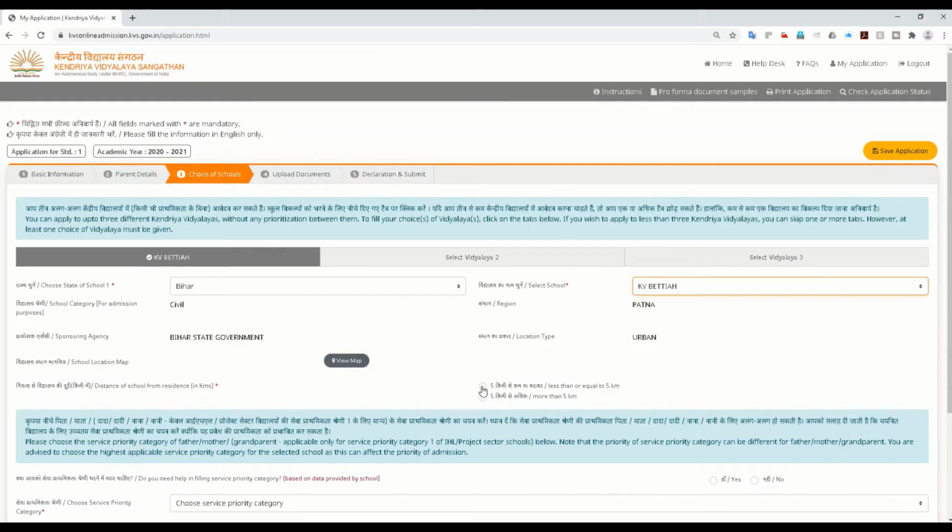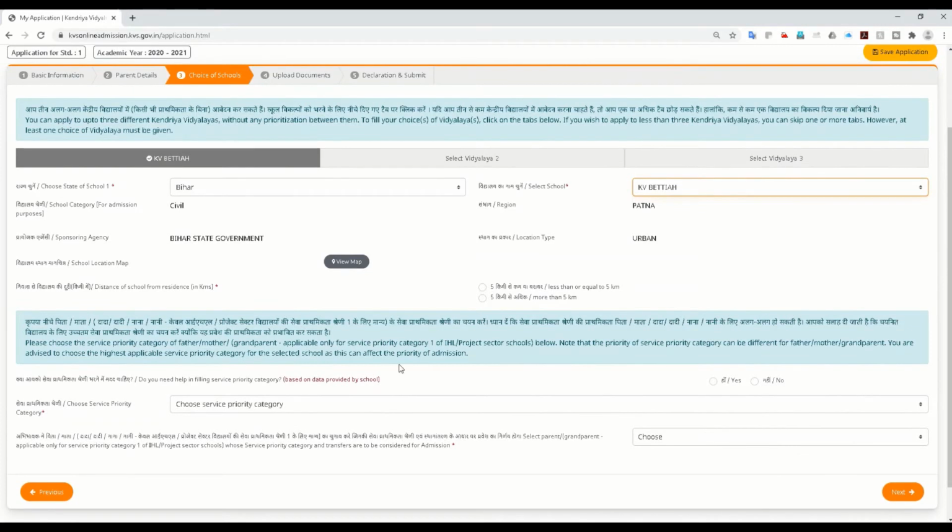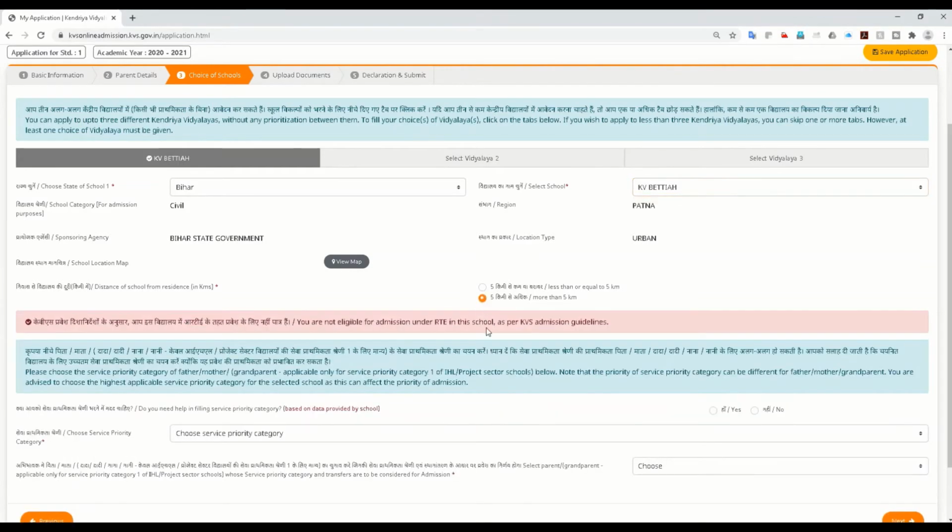As basic information, if you are applying under the RT category, which is SC, ST, OBC, you'll be eligible under the RT category if it is less than 5 kilometers. If your house is more than 5 kilometers away, they will consider your application under the general quota. If there are some openings, then you'll get the admission confirmation.